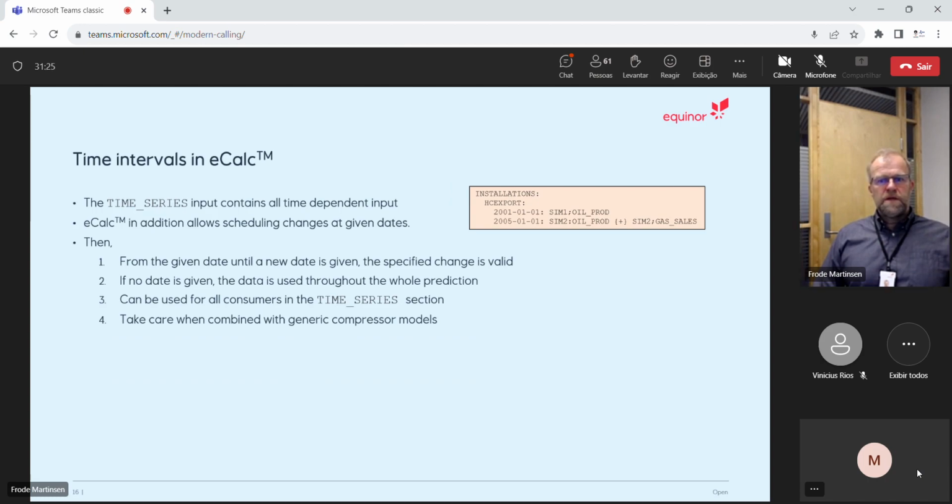Time intervals in eCalc. Time series, that's the files that we looked at. They can have all the time-dependent inputs. eCalc in addition allows scheduling changes at given dates. Like here as an example, you can specify your hydrocarbon export at dates, that from this date, year 2001, January